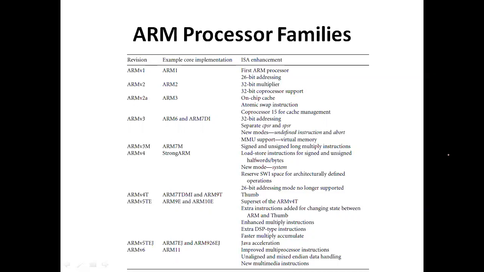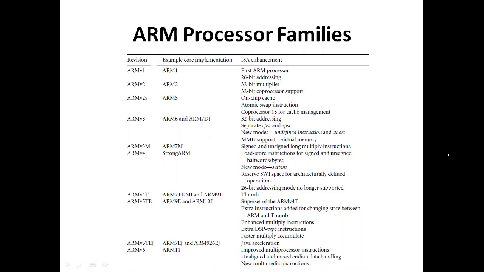Next, the ARM 6 and ARM 7 family processors include an MMU as well, which supports the virtual memory concept. ARM 7M, which belongs to ARM version 3, includes signed and unsigned long multiplication instructions along with the previous features. They added support for signed number multiplication. Long multiplication allows the multiplication of even 32-bit numbers directly.